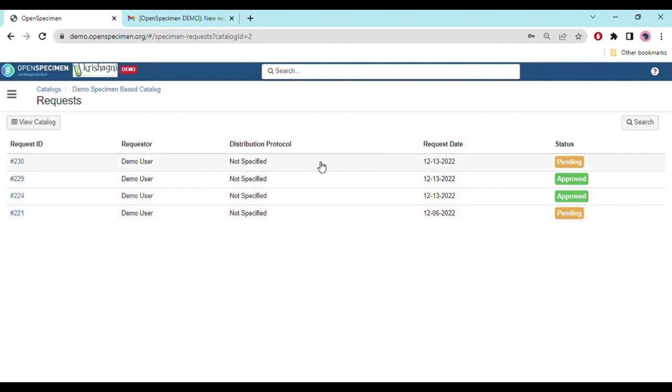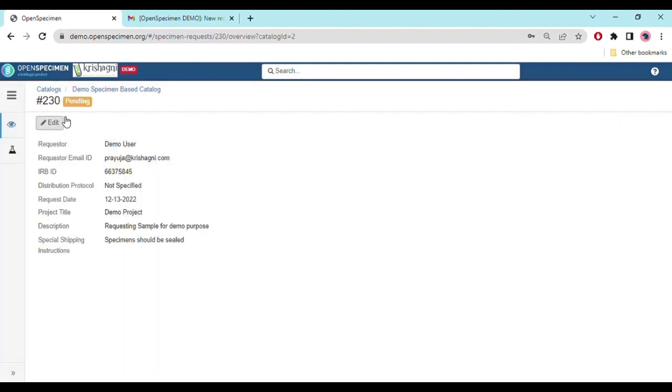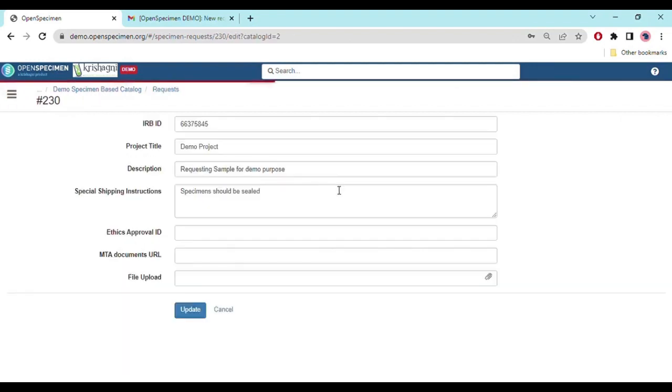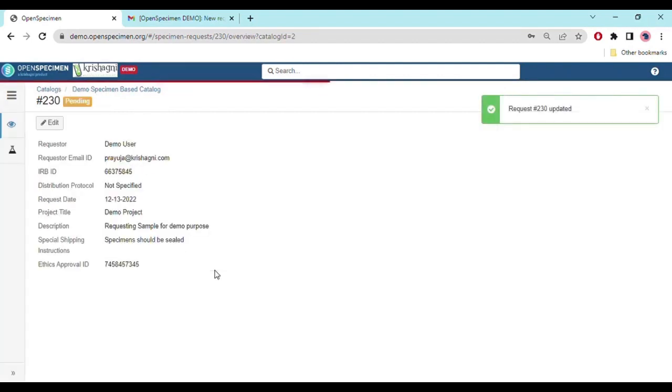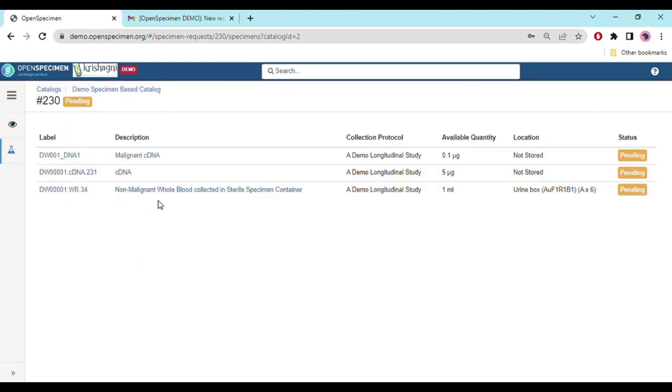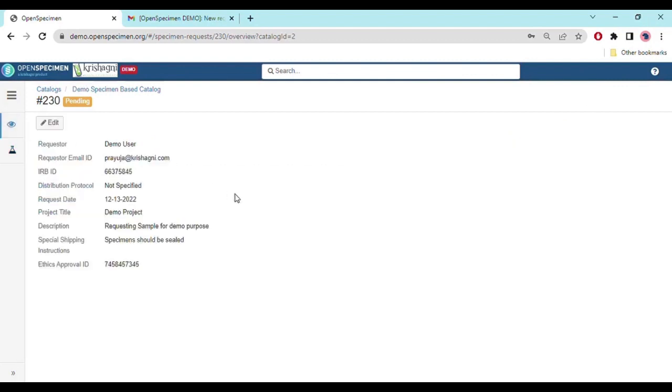This is the latest request that I have put. It is in the pending status right now, which is for today. Once I click on this request, I can see the edit option. When I want to edit this, I can just click on the edit option. Let's say I want to put in the ethics approval ID and update this detail. You can see the request has been updated and the ethics approval ID is shown over here. Along with that, you can see the specimen tab, where you can see the specimens that you have requested. So once you edit and your request is ready,